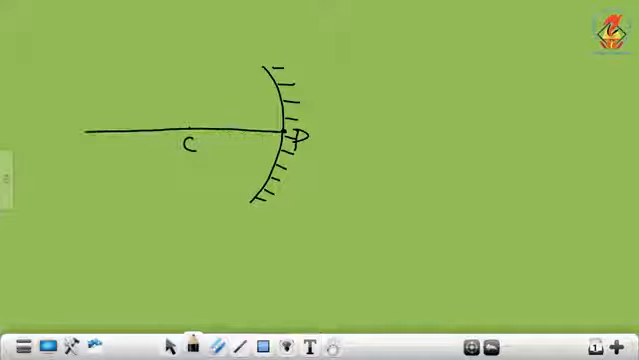A straight line passing through the center of curvature. That is the principal axis. Now, I will draw two light rays